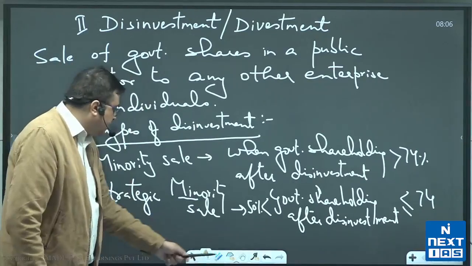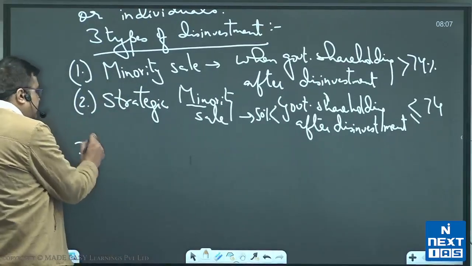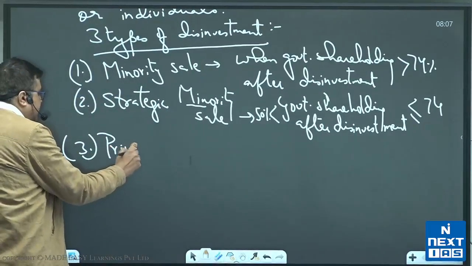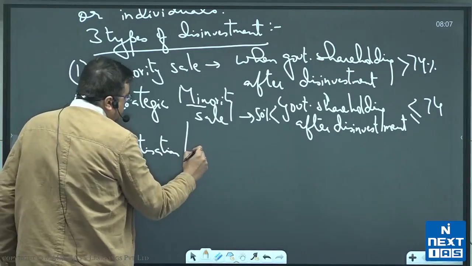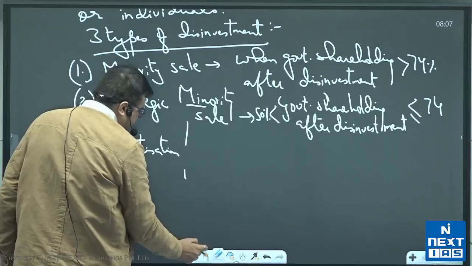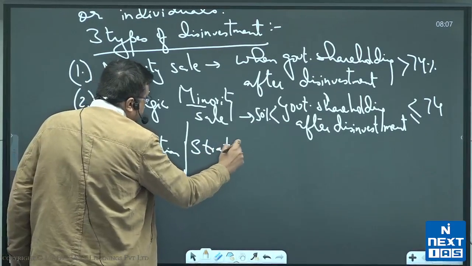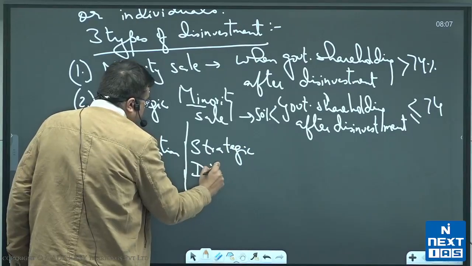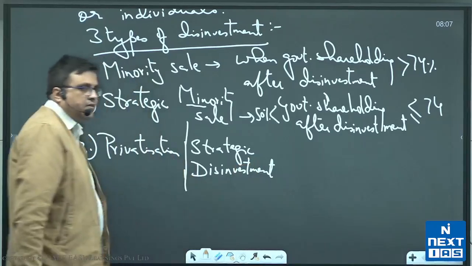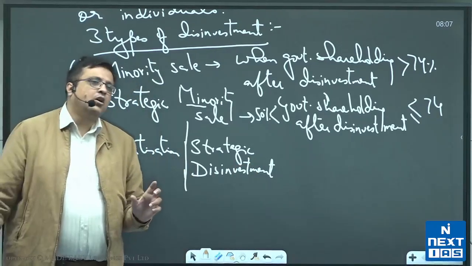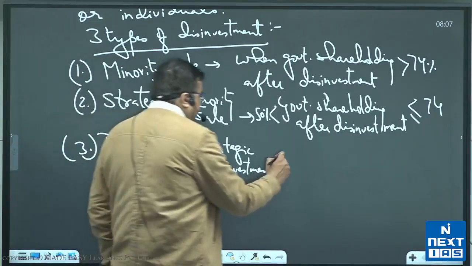And otherwise, the third possible type of disinvestment is what we call privatization, or strategic disinvestment. Privatization or strategic disinvestment. What does that imply? It implies